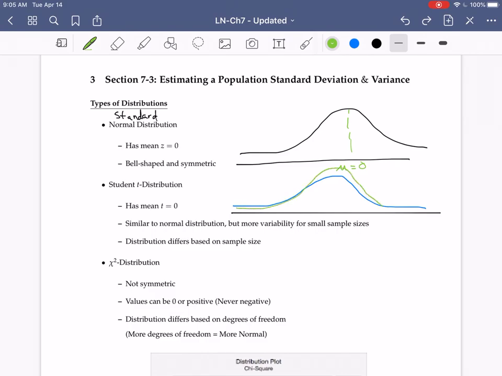It might be taller or fatter. But again, we still have this mean of 0. Still have this symmetry about the mean. It differs based on sample size. That's an important